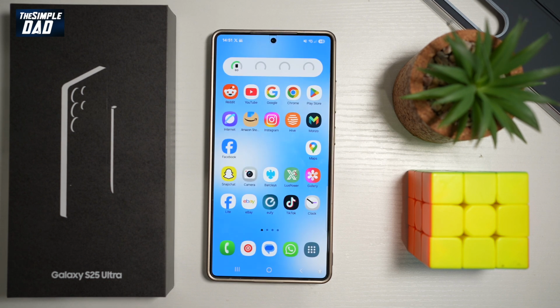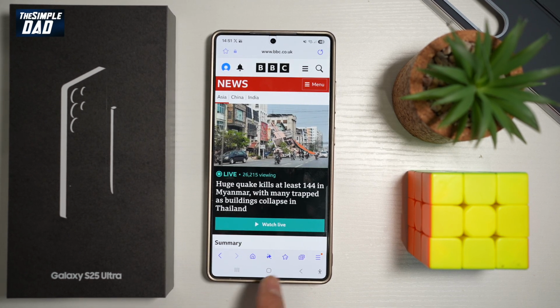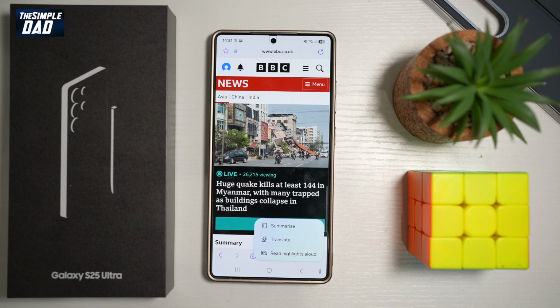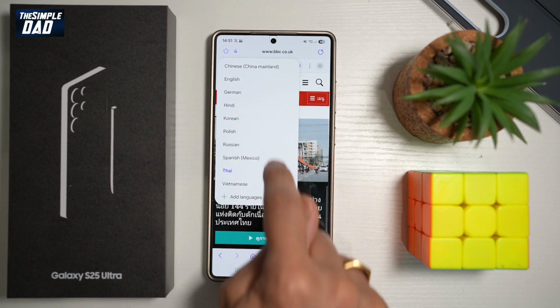So first you need to make sure you have opened up the internet browser, which is from Samsung. Now go ahead and navigate to the article where you want to translate it. From here, use the Galaxy AI feature, which is at the bottom here. Tap on that. And now you'll see this translate feature. Tap on this. And now at the top, you can go ahead and choose what language you want to translate